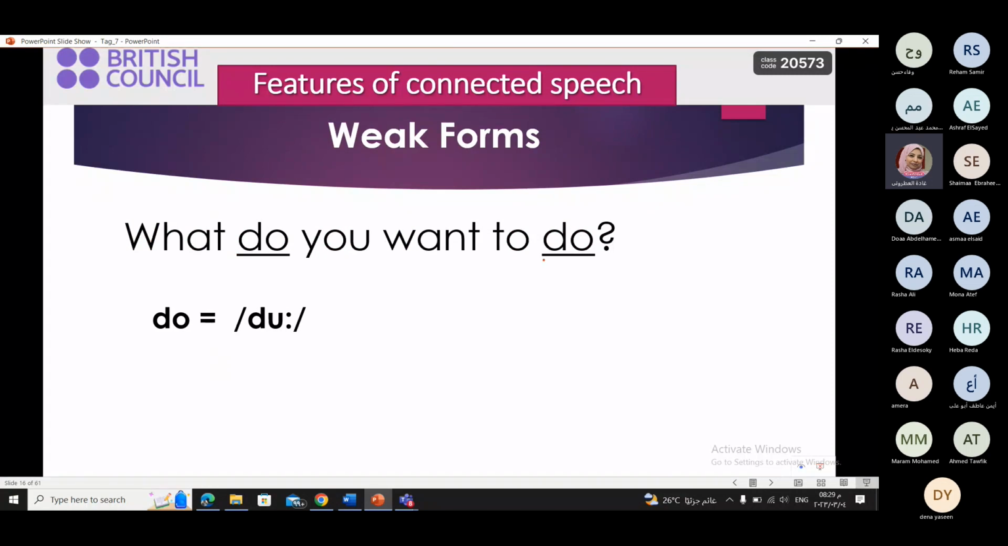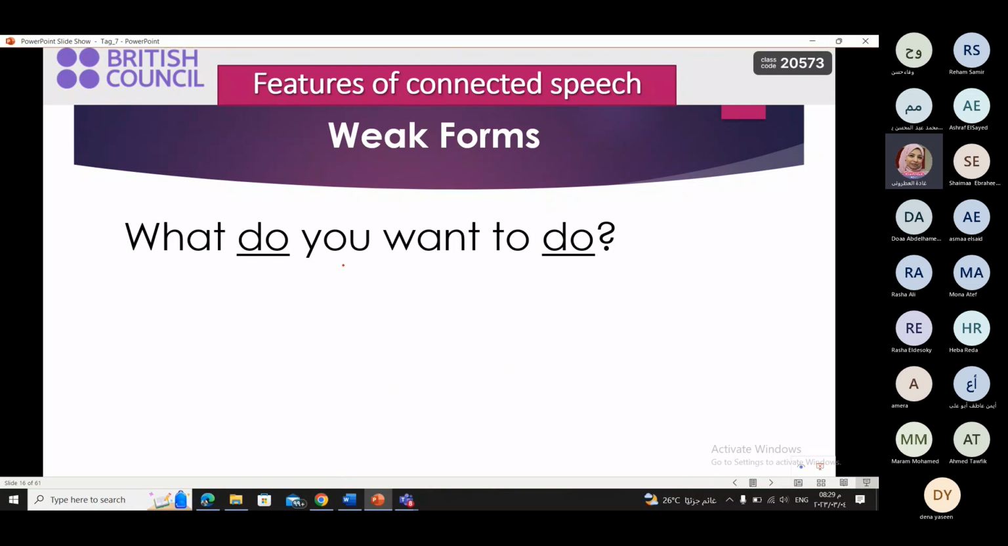What do you want to do? If I say the sentence this way, like a robot, with every word in a separate way, each word will be pronounced with a strong form. But if we say it in connected speech, like this,